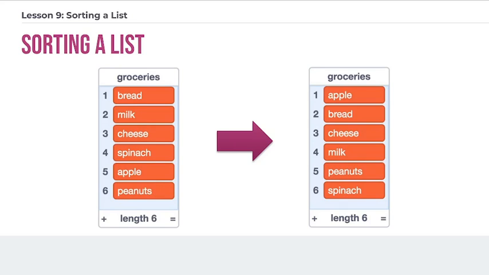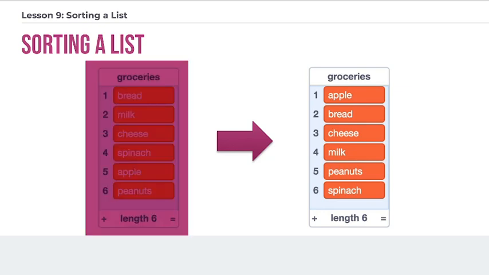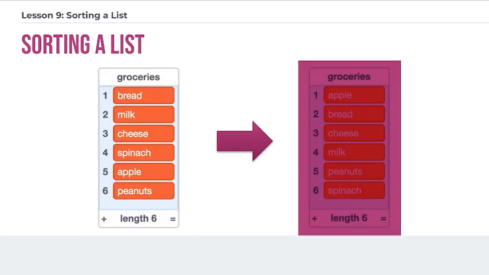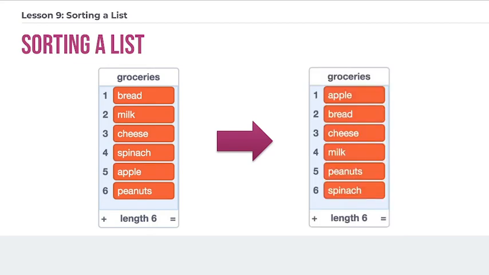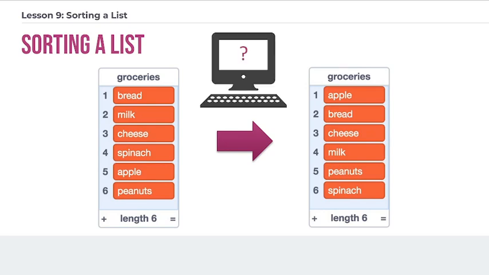Now that you know the basics of lists and you know how to populate a list and you can process that list, let's take a look at how we could sort the lists. For example, if you had a grocery list, kind of like the one that you see on the screen, and you wanted to sort it into alphabetical order, or maybe some other kind of order, you would certainly want to have a way, an algorithm in mind,